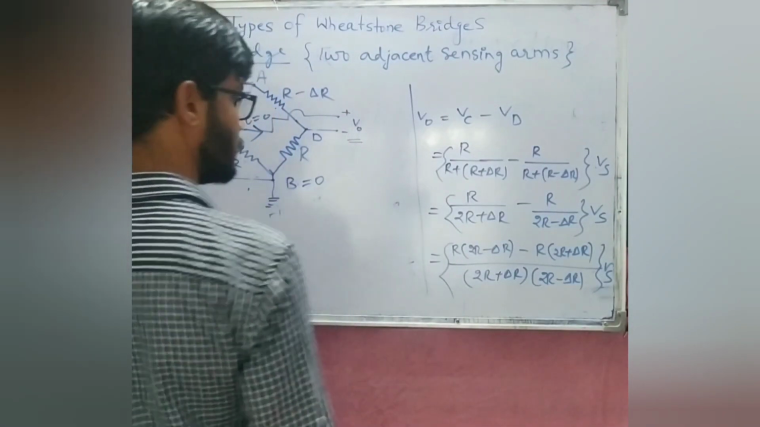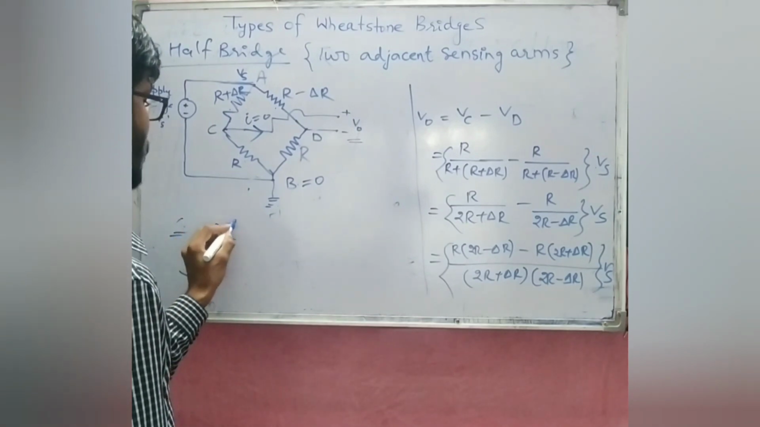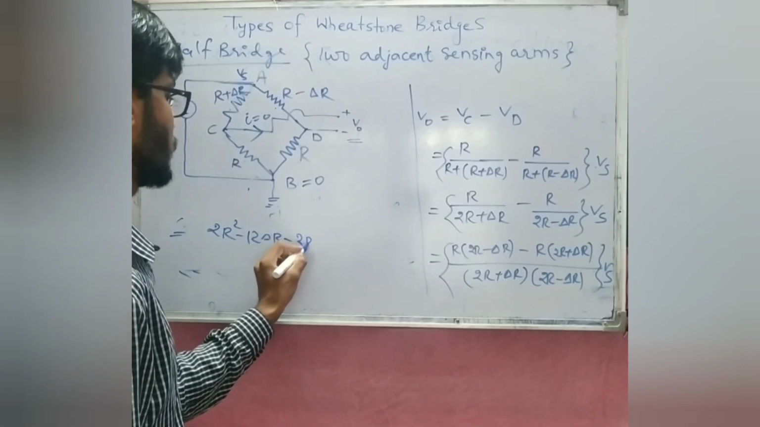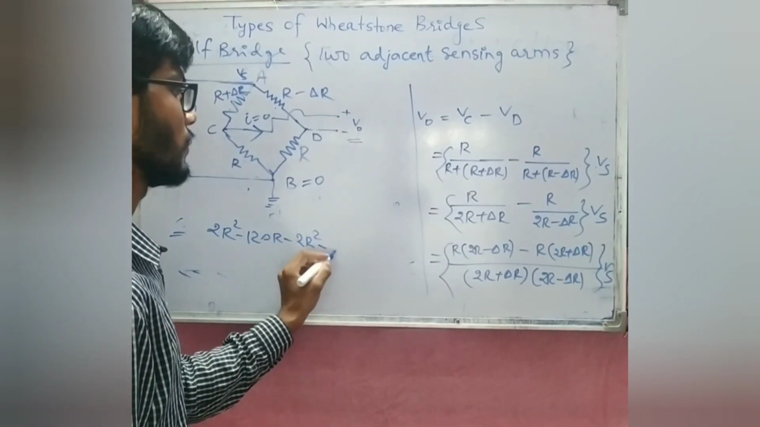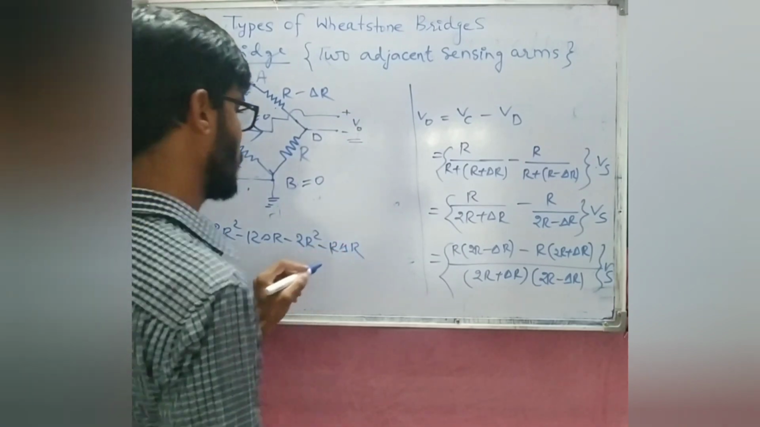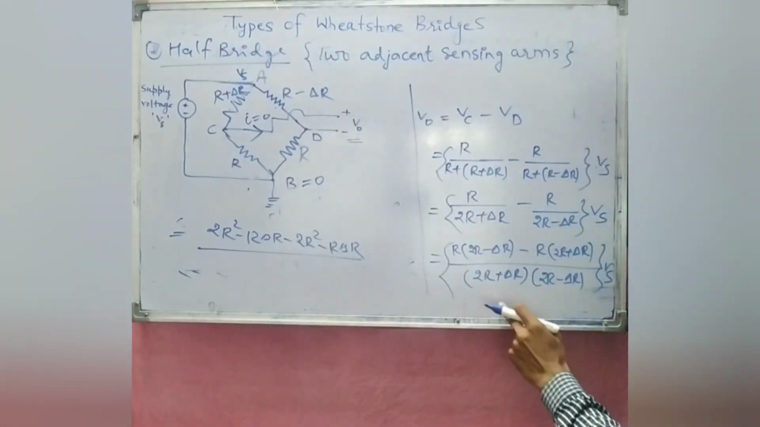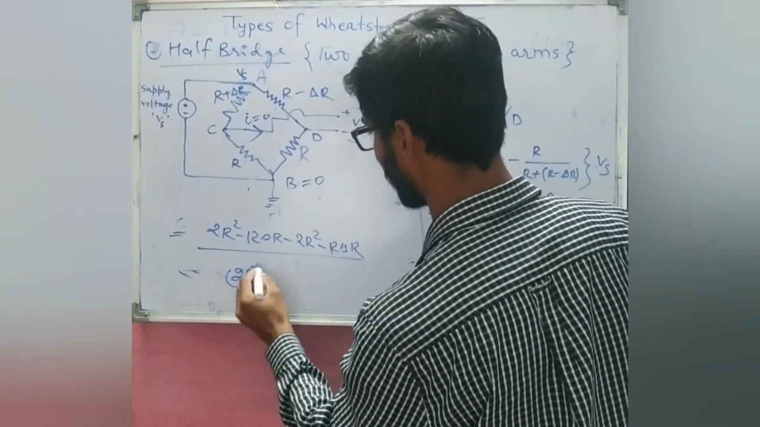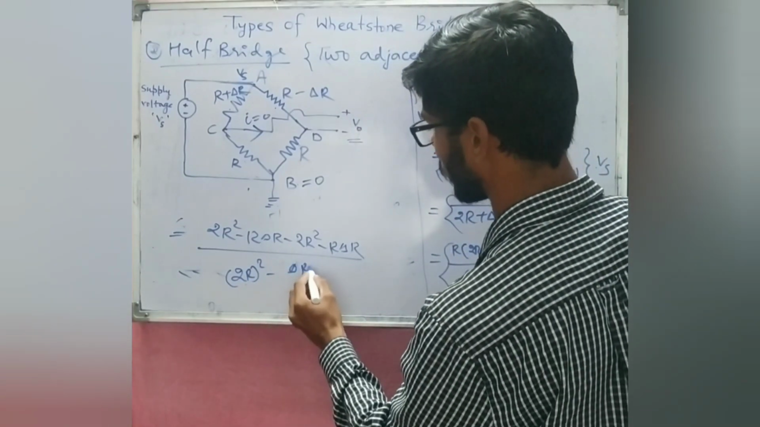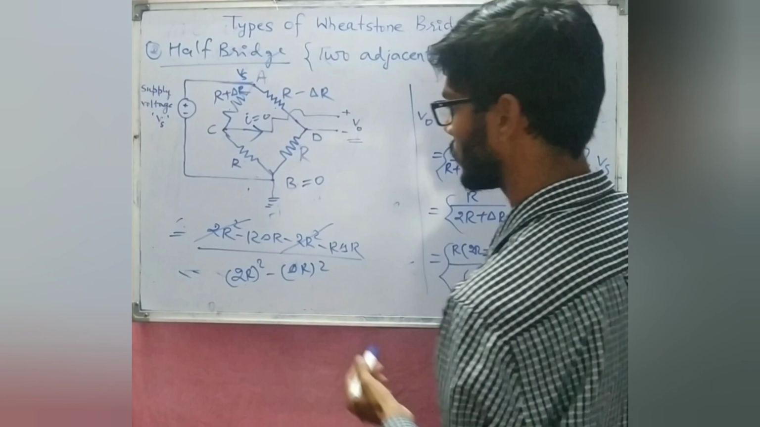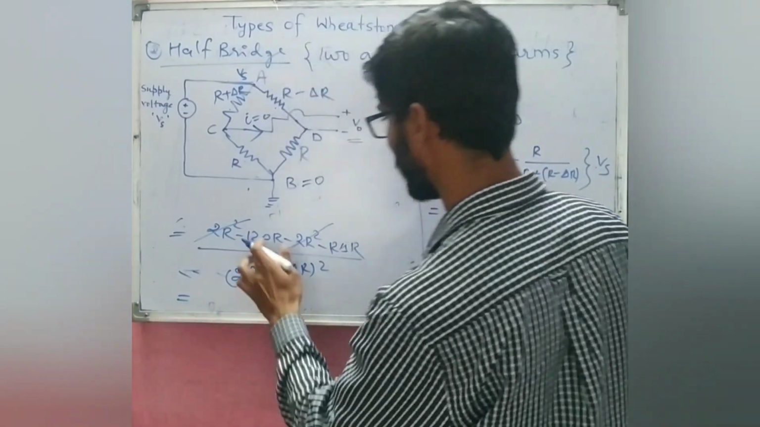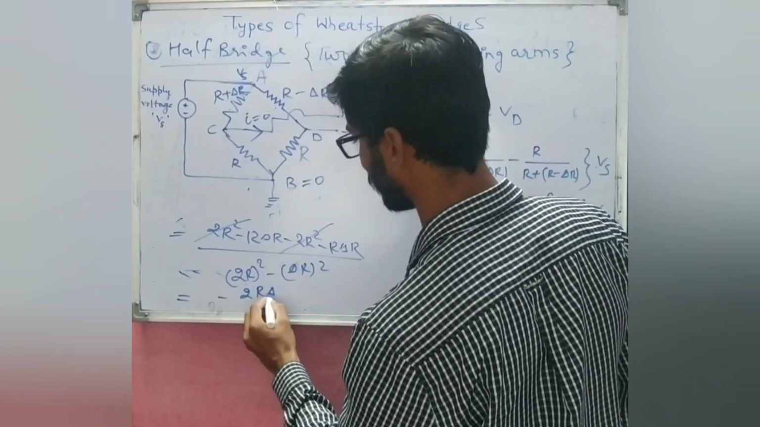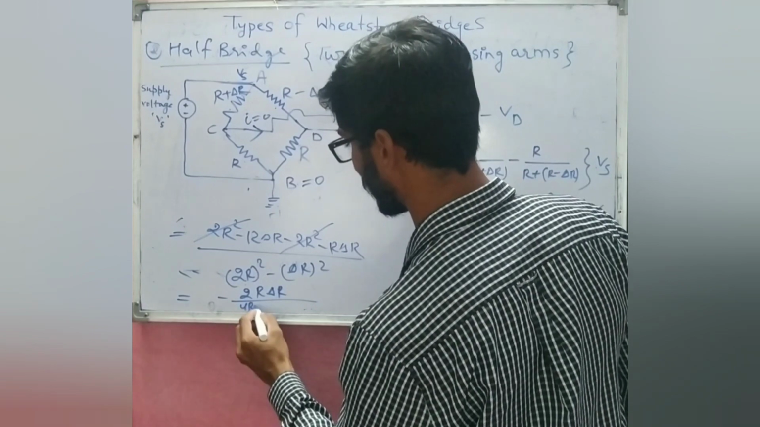Now multiply it further. 2R square minus R into delta R minus 2R square minus R into delta R, and divided by, this is going to be (A plus B) into (A minus B), so A square minus B square, so (2R) whole square minus (delta R) whole square. So 2R square minus 2R square is going to be cancelled, and minus delta R times R minus R times delta R is going to be minus 2 times R delta R,